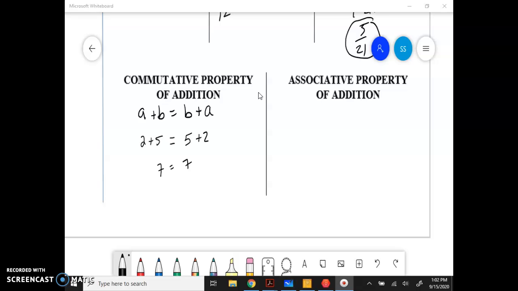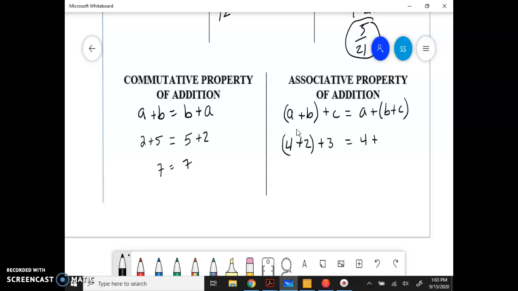And then for the associative property, we're going to write out (a + b) + c, which is going to be the same thing as a + (b + c). Basically, the grouping symbols tell you what you have to do first. So it doesn't matter if we add these two first and then c, we're going to get the same answer if we do b plus c and then add a. Okay, so let's show an example with some numbers here. We do (4 + 2) + 3,